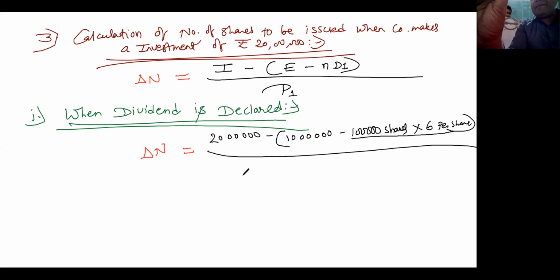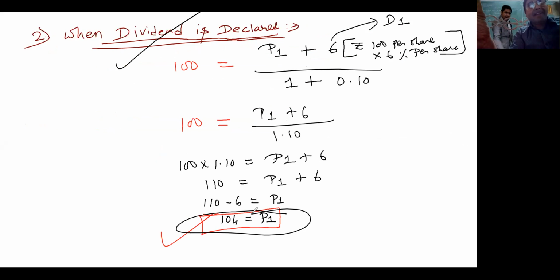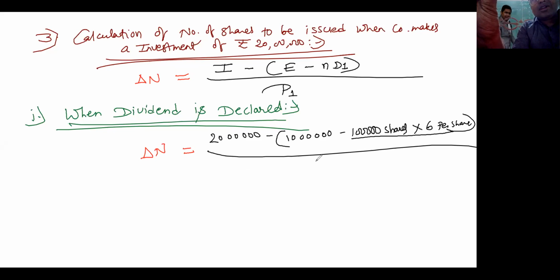How much is P1? See, when the dividend is declared, how much is your P1? Look here, when dividend is declared, at that time your P1 is 104. So P1 is 104, that's it. Now calculate: 20 lakhs